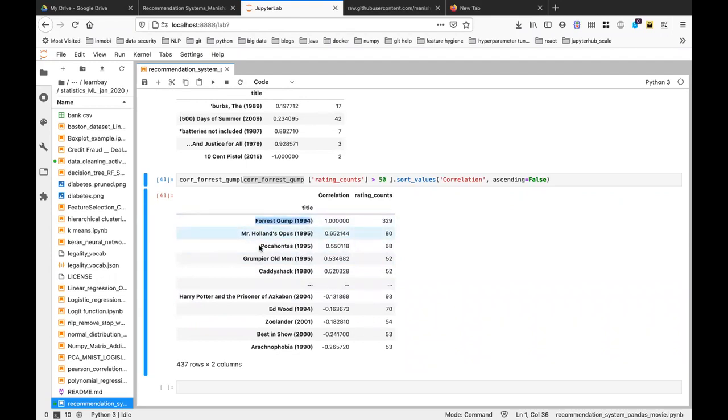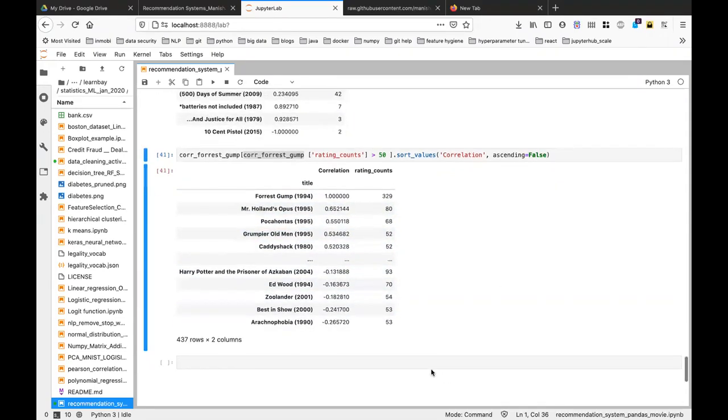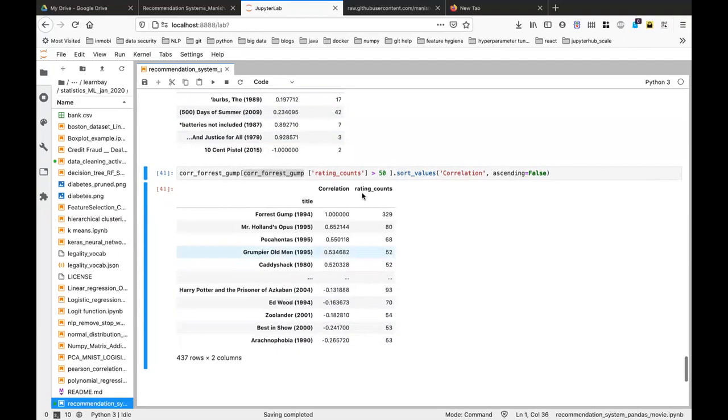The first recommendation is also 1995, the third and fourth too, and again some are from 15 years back, 1980, right? So the latest movies are not coming. That also makes sense because some people like old movies, so they might not like the latest movies so much. But if you are someone who is watching Harry Potter and the Prisoner of Azkaban, there is very little chance you would like this 1980 movie, which might be in black and white, right?